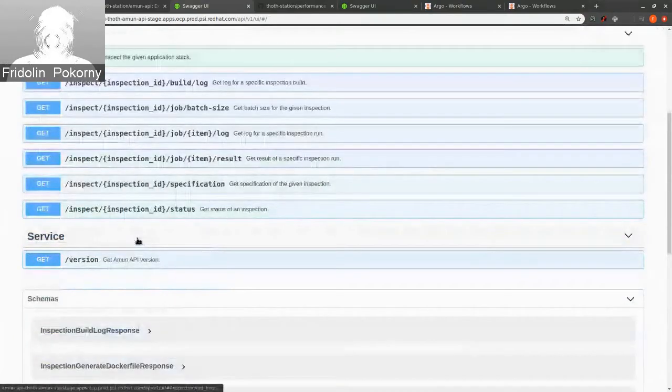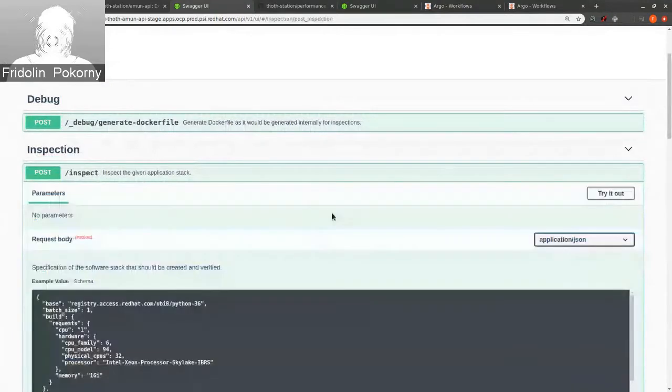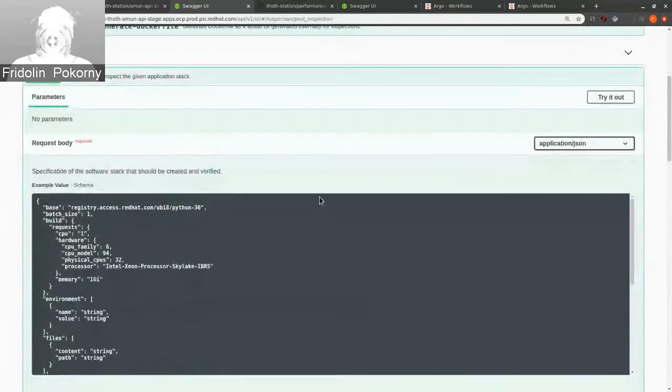I think the most important or most interesting one for us in this demo is the inspect endpoint. And this inspect endpoint accepts the specification, how the software stack should look like, and what should be inspected for quality. So here you can see some example JSON that is